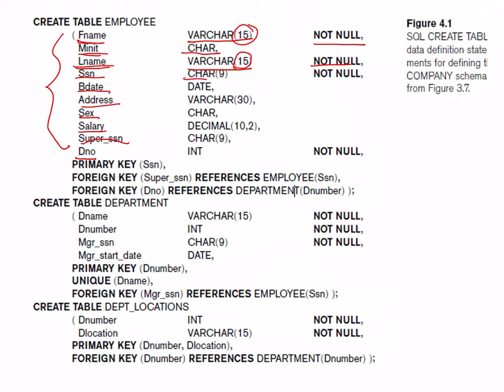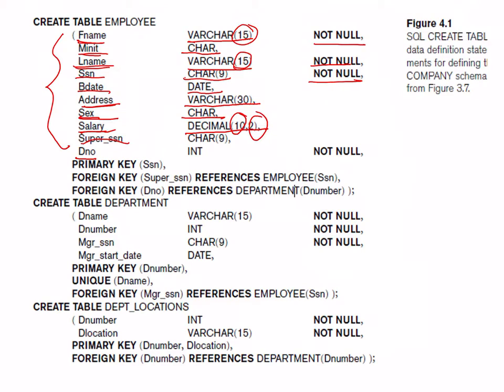SSN has char 9, not null. Birth date is of date format. Address is of varchar 30 format. Sex is of character format. Salary is of decimal 10 comma 2, that means 10 digits and 2 decimal places after the decimal point.